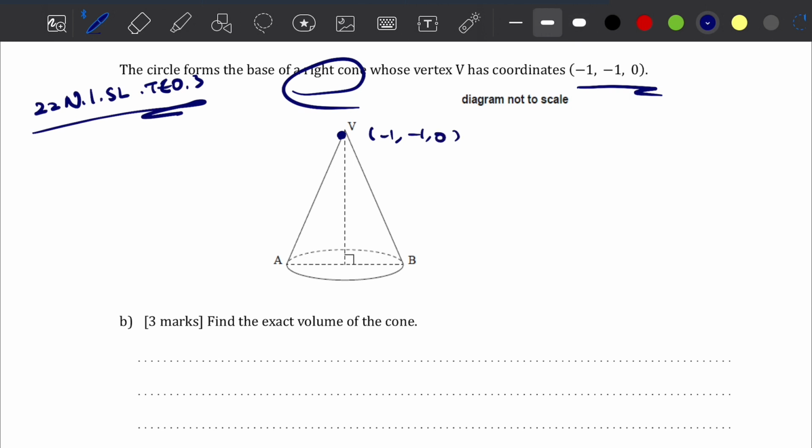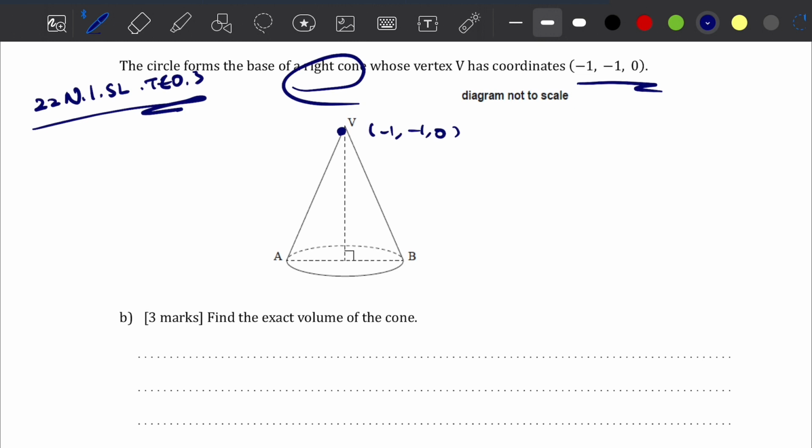Now we need to find the exact volume of the cone. We know that the center of the base, which is the midpoint of the line AB, has the coordinates of (-1, 3, -2), which is the center of the circle,